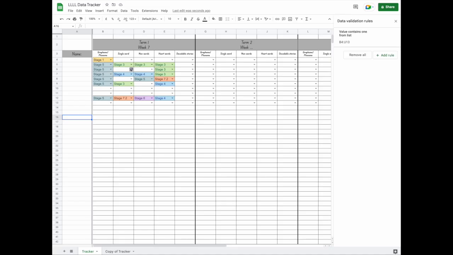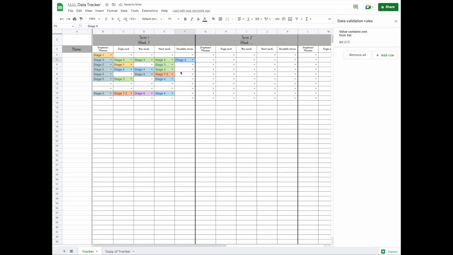Show you how to make a drop-down menu in your Google Sheets that changes color. This is something that I have used for a long time with the drop-down menu and having your options there for you to pick from, and then adding the color coordination part is super simple using the data validation rules